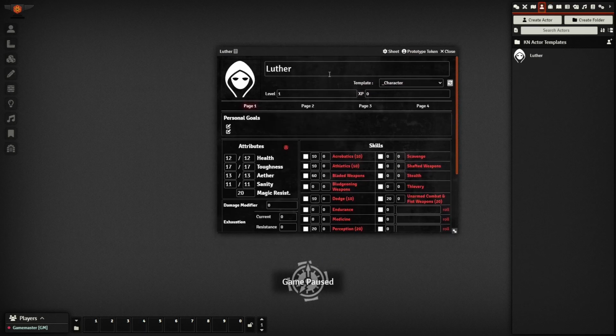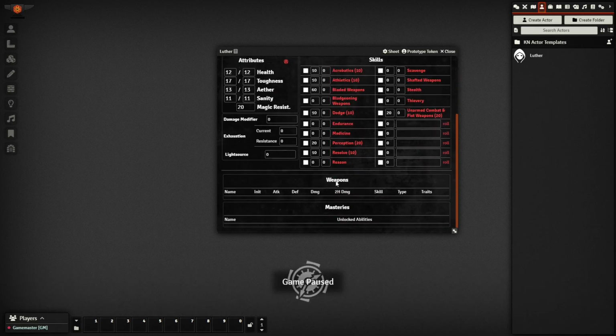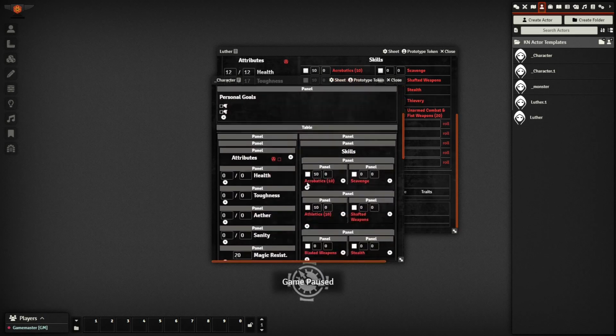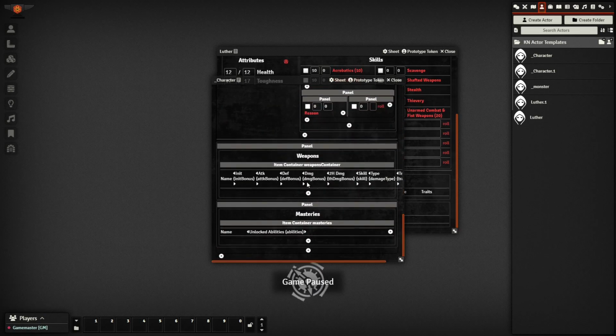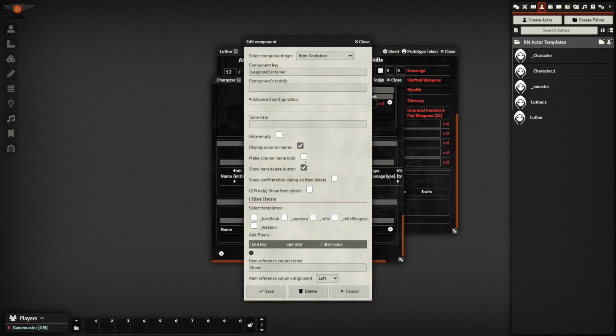Okay, so if that happens, we go to our character sheet. Sometimes this happens. I struggle with this occasionally, but we go to the template we're using, character, and somehow it has become unlinked. See, this panel here needs to allow for relic, weapon, and weapon. And I should really write a macro that fixes this all when you set it up. But what's happening is it's not recognizing these types